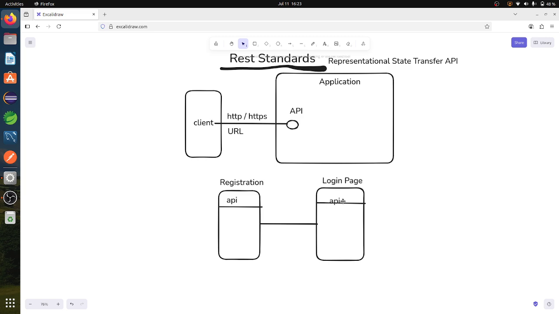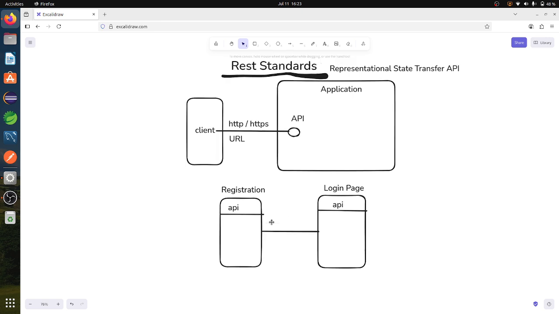This API and that API will not be the same. So for every page or every state there will be a separate API, and by using this API he is moving from one state to another state.